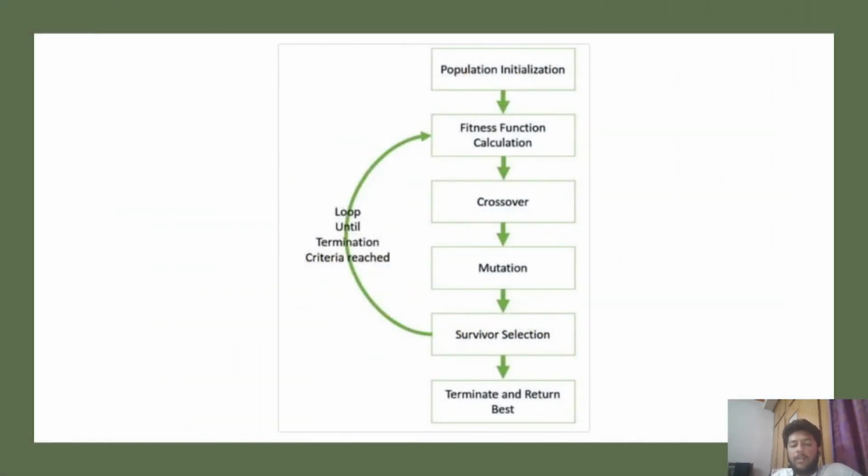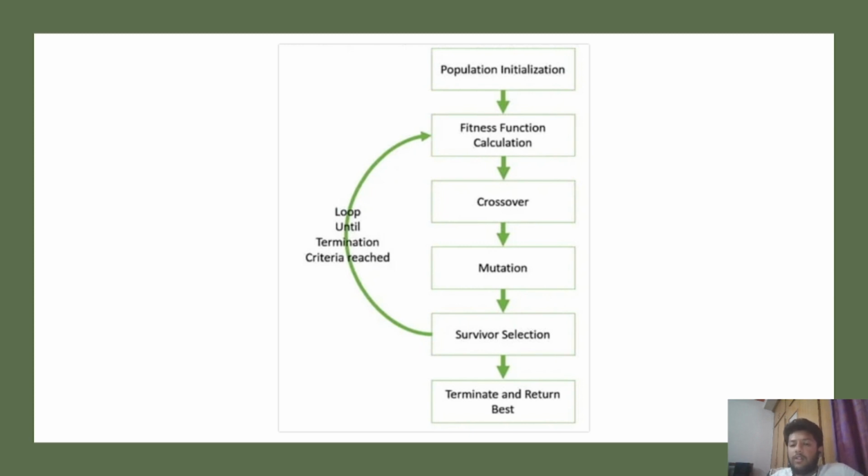And this is the basic flowchart of the genetic algorithm. The population initialization will be the first point, wherein we have to apply a fitness function calculation. So this is basically the function for natural selection that we usually take, and then the functions performed are crossover, mutation, and survivor selection. So basically, crossover happens over generations, and then we have mutations that occur that are influenced